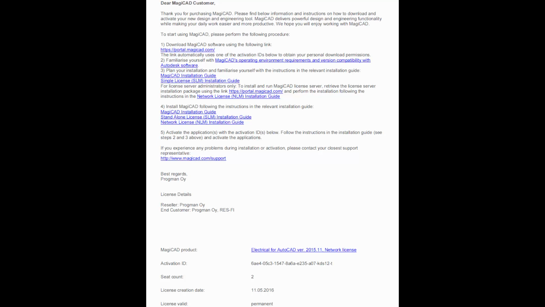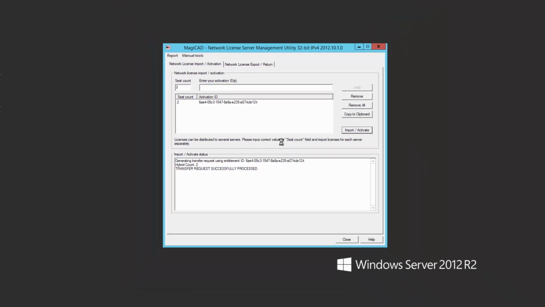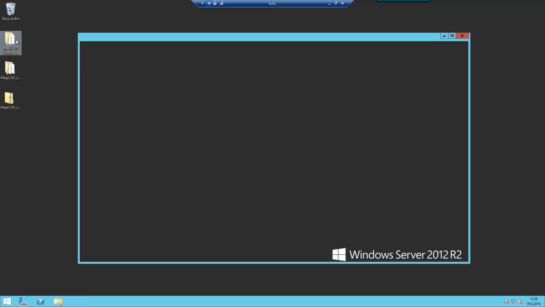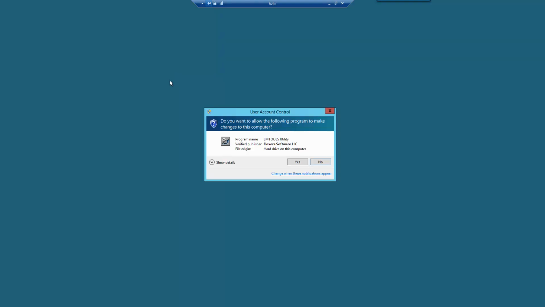Also remember, you can only activate network licenses with this tool, not standalone licenses. Once all the licenses have been added, select the license, click on Import Activate, wait a while, and once the activation has been confirmed, close the License Server Management utility, open LM Tools from the MagiCAD License Server utilities, open LM Tools,